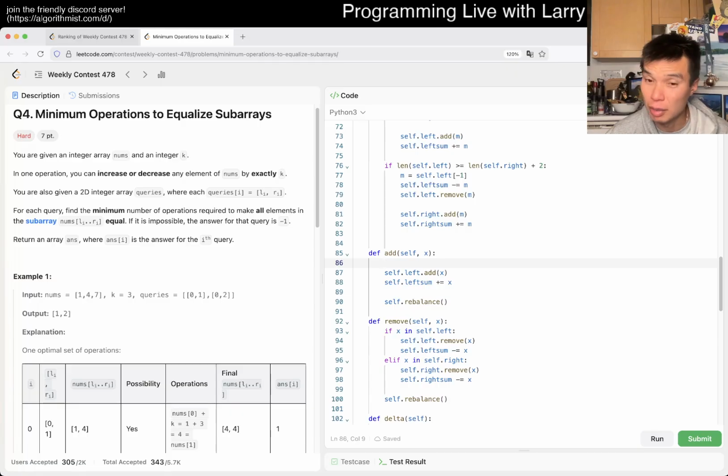We want to write if x is... then you go to the left subtree, the biggest number, then we just add it, right? Or maybe just the smallest number on the right side, because then we can just rebalance, right? Otherwise, then